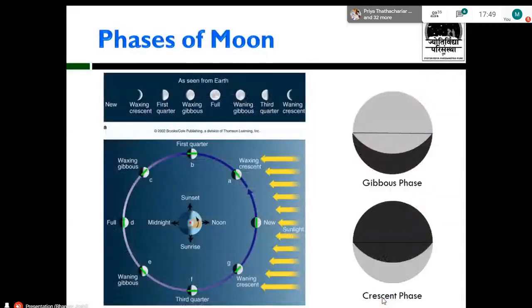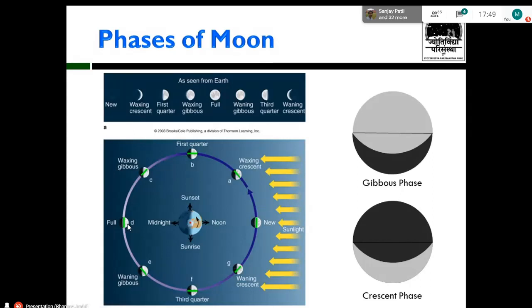So yeah, you must be knowing about the phases of the moon. We have the full moon as Purnima, new moon as Amavasya, and this is how it actually works. Now the question that you might have is, if moon, earth and the sun are in a straight line as seen in figure D, where it is a full moon, how is it possible that it is a full moon? Because if the earth is blocking the radiation from the sun, then how come it is a full moon? It should actually be an eclipse, rather a lunar eclipse.